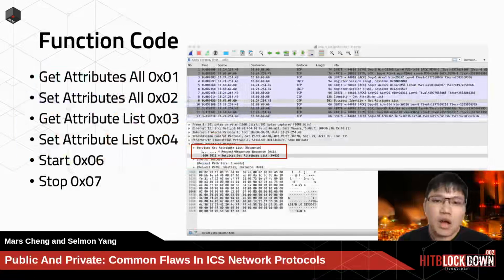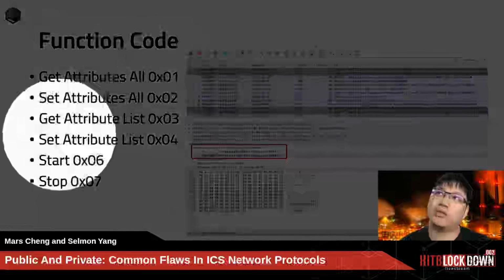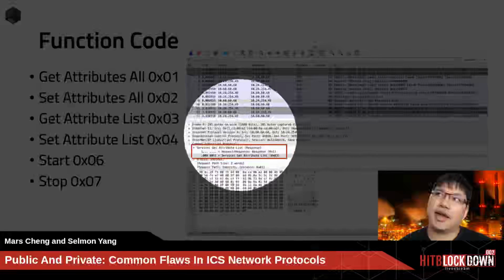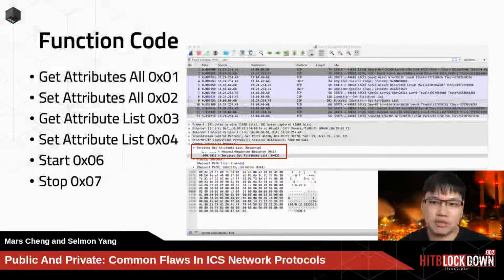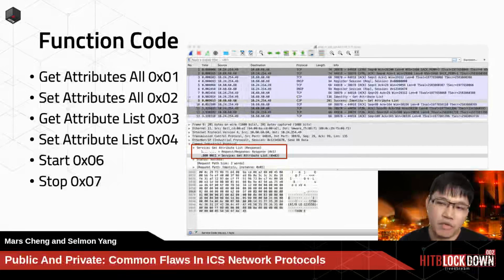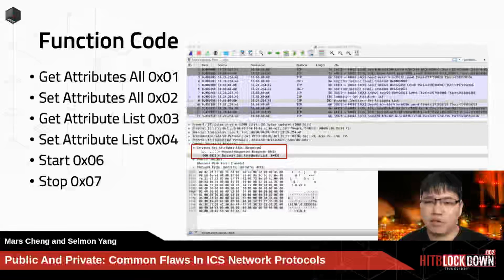However, although CIP provides many more functions than Modbus TCP, it still was not developed with consideration of security issues. Here you can see what functions and data are used, like get attribute, start, and stop. You can see here, get attribute list. It's very easy to read, and from a privacy point of view, it is already a kind of information leakage.